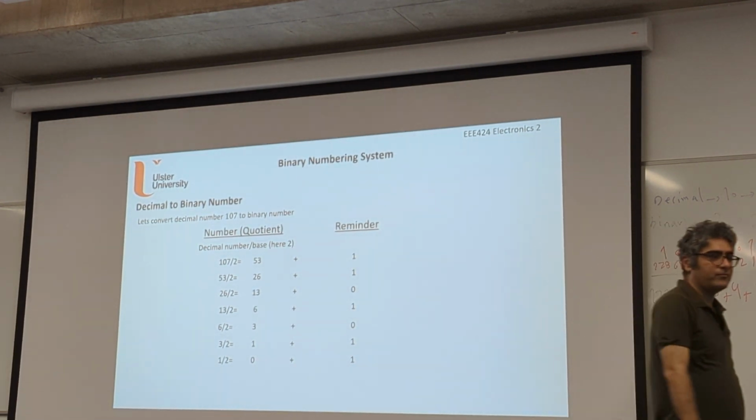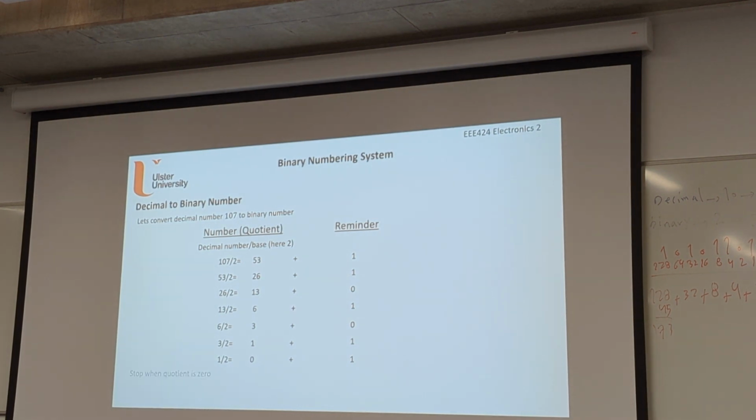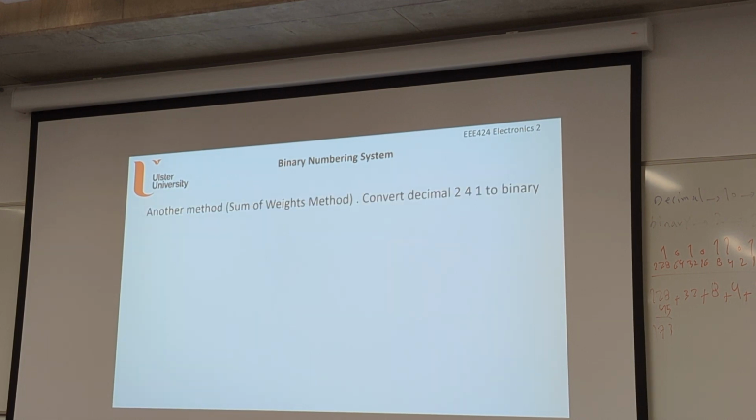Okay? You see? 1, 1, 0, 1, 0, 1, 1. So, there is another way. Sum of weights. The method is called sum of weights. Convert decimal 241 to binary. What do we do? First, we find the powers of 2 that fit into a number, starting with the largest